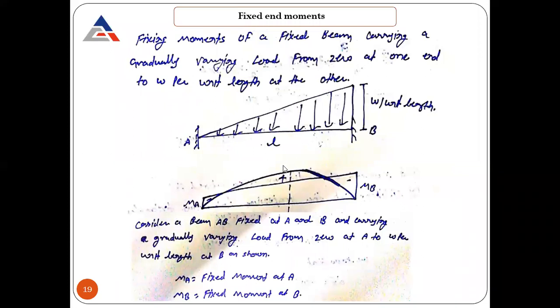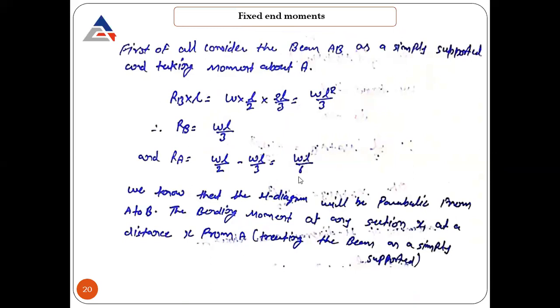So we just superimpose them. One diagram is a simply supported beam having a UVL in this direction. That is the diagram which will be there, because in a simply supported beam, the moments at a support will be 0. That's why this parabola is looking like this, you can see. And the other diagram, which is the fixed end moment diagram, has MA at this point and MB at the other point. It's a trapezium kind. So it is shown on your screen. MA is the fixed moment at A and MB is the fixed moment at B. So their values we need to find.